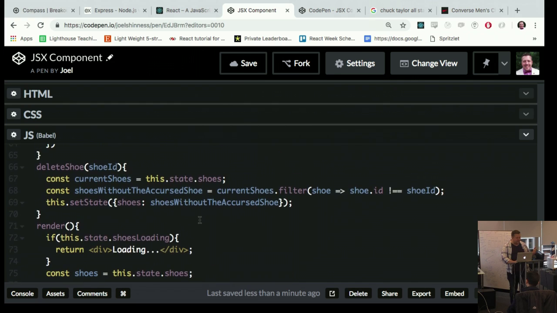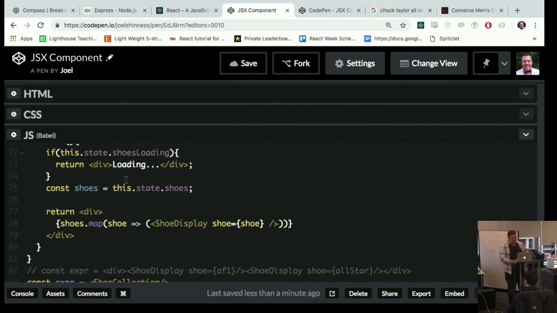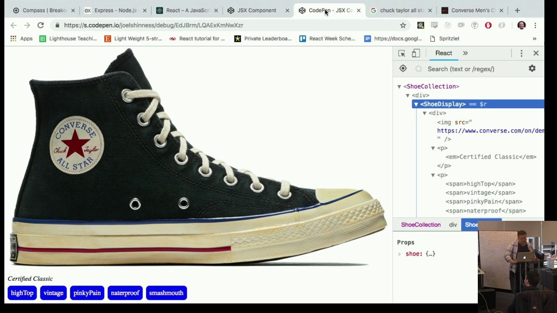Now, we have created our bat signal. That's what delete shoe is. We are able to go through and delete a shoe with a certain ID. Fair enough? And so what I'm going to say here is on delete equals, and I have to pass a function. I will tell you how many times I've seen someone do this. Oh yeah, right, because it's a function. It takes in the shoe ID, right? That makes total sense. Not that it doesn't, but if I were to reload this,